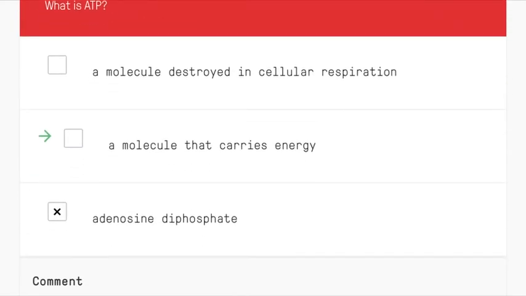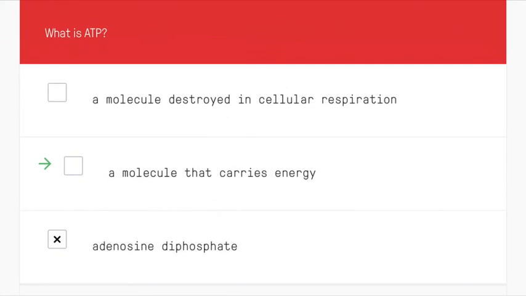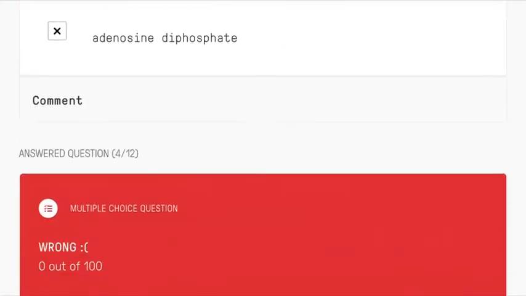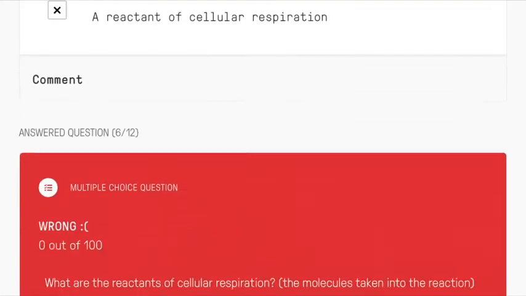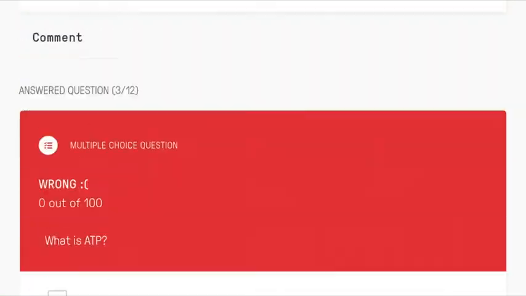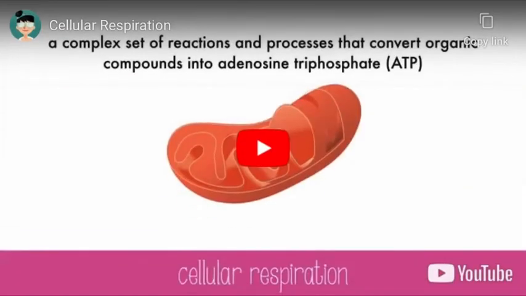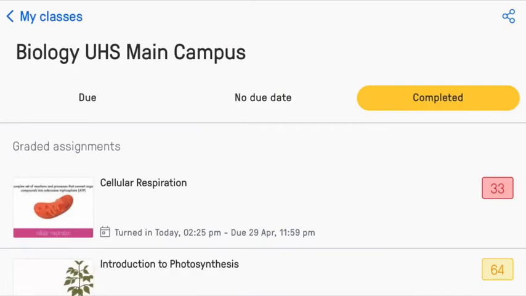Okay? Go through and, what is ATP? A little green arrow. A molecule that carries energy. ATP is a molecule that carries energy. Go through and memorize those answers. Study those answers. Okay? And then request from me to have me reset it so that it goes from the